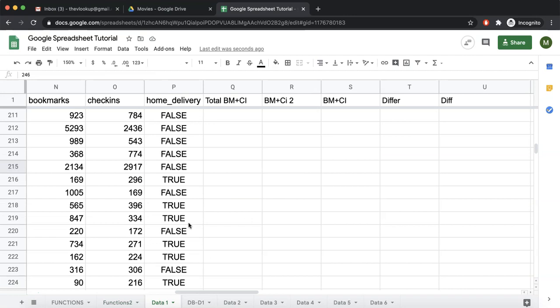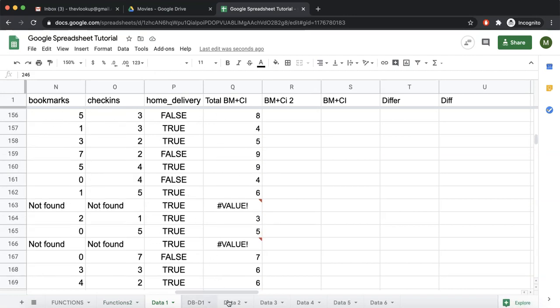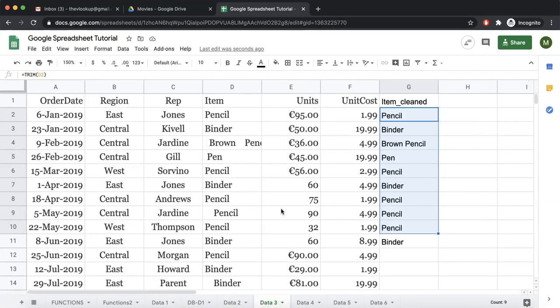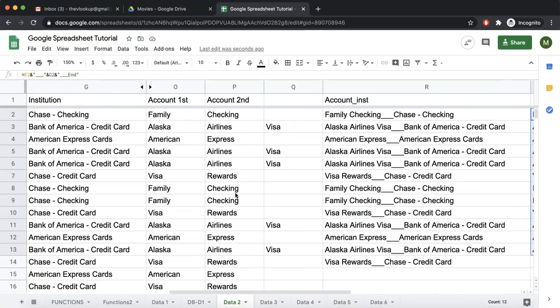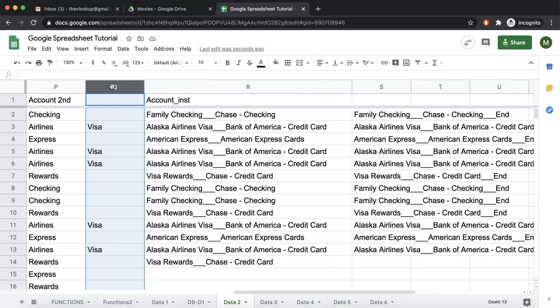Let us implement this in some examples. Let us go to some data set. Let us hide all that we did right now.